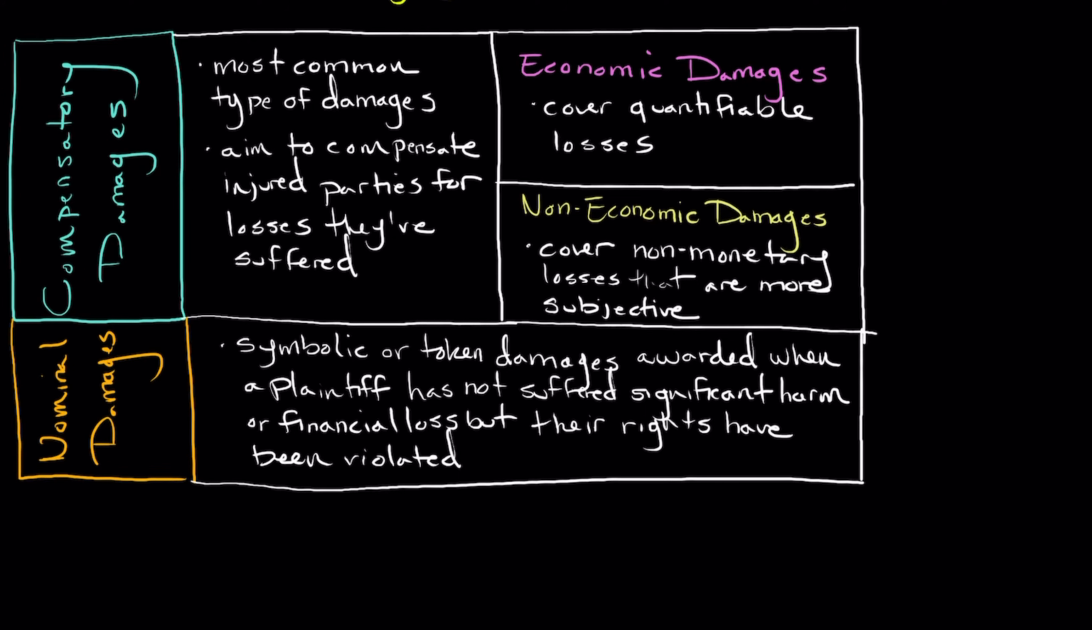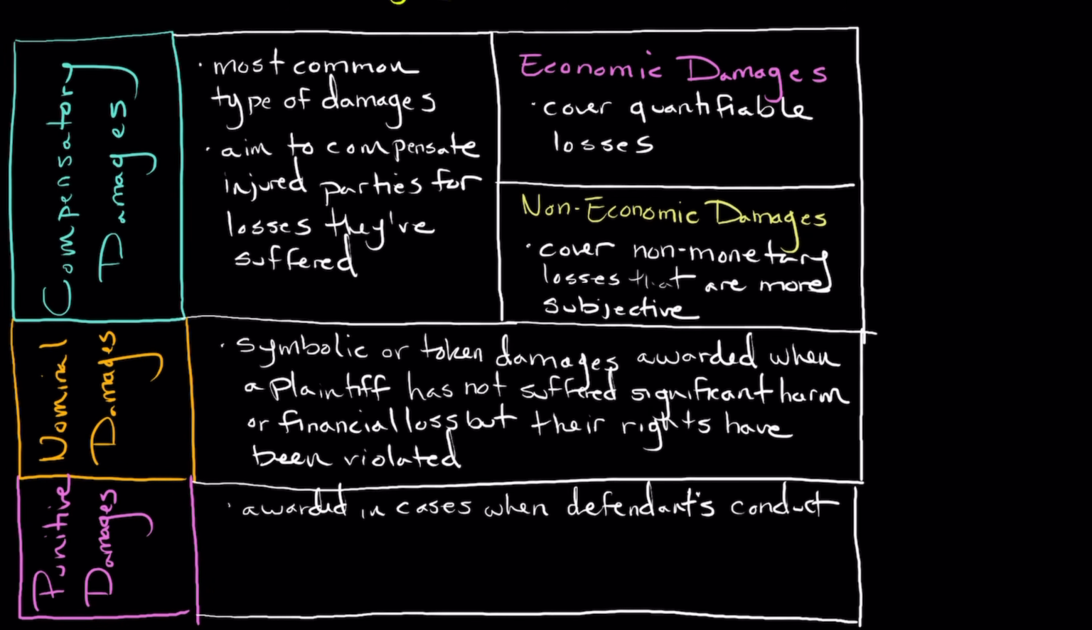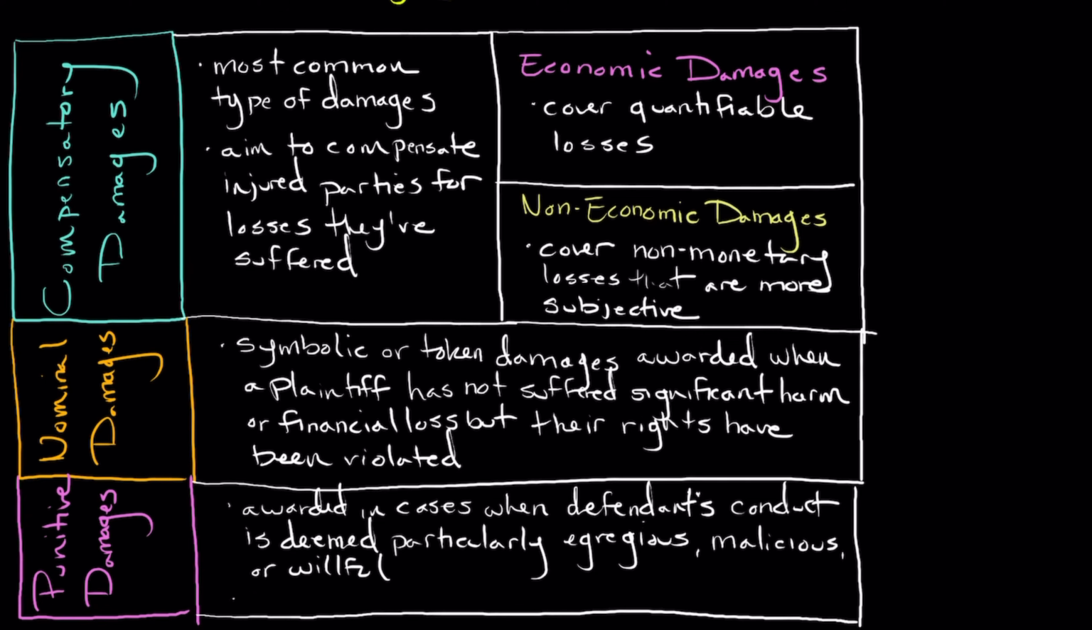the plaintiff's legal rights. Lastly, we have punitive damages, also known as exemplary damages. Now, punitive damages are awarded in cases where the defendant's conduct is deemed to be particularly egregious, malicious, or willful. Now, the purpose of punitive damages, much like the name sounds, is to punish the defendant and deter others from